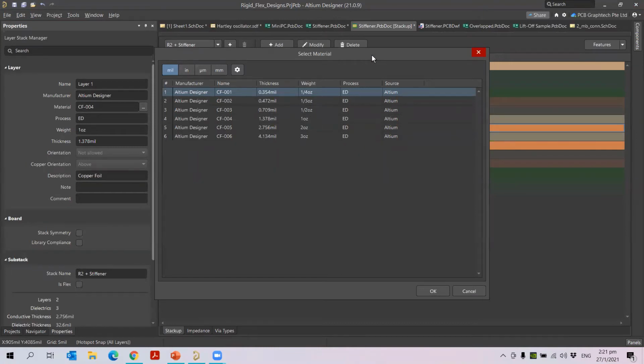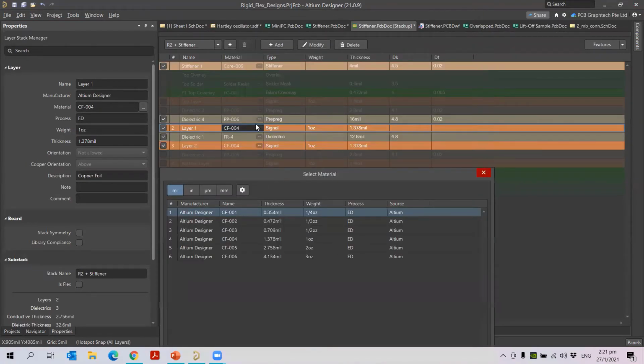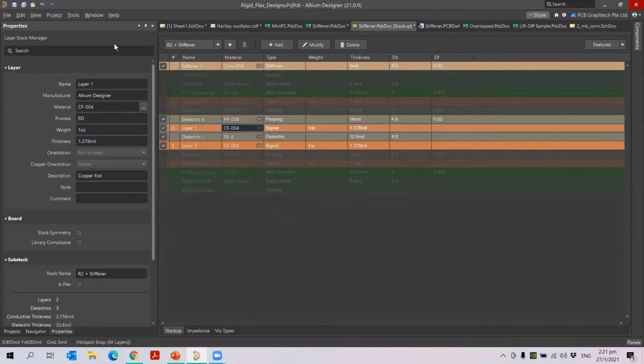The properties let you change the overall properties of the particular layer with respect to your dielectric constant as well as your impedance profile values. So all will be changed based on the layer selection. Okay, so you can do this here.